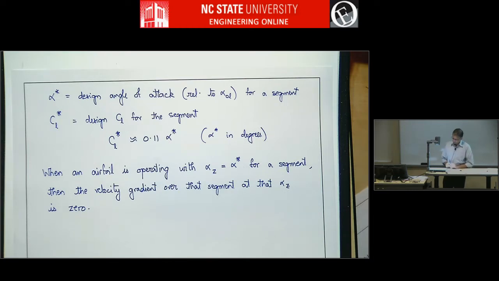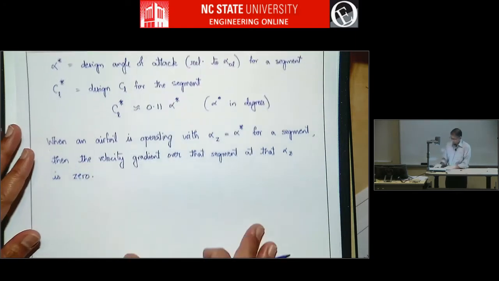okay, let's try to unpack this. So when an airfoil is operating at an angle of attack of alpha z, and let's say that alpha z corresponds to alpha star for some segment, that means the velocity gradient will be 0 for that segment at that angle of attack. So for example,